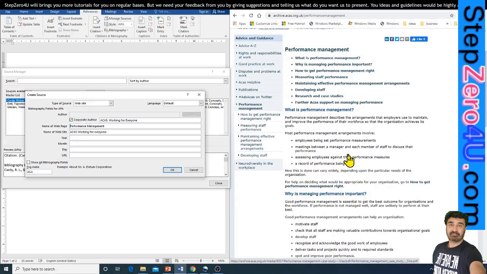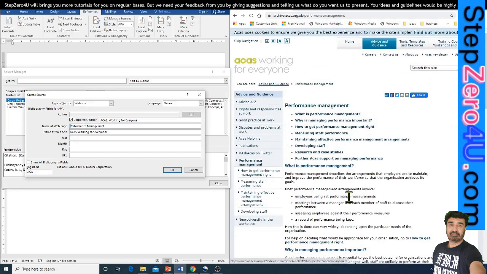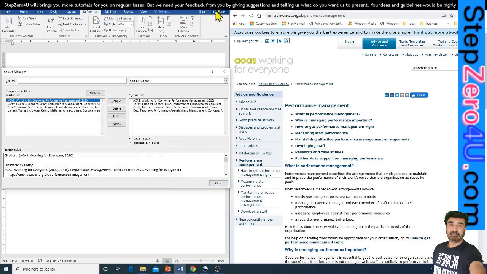Then year, we don't see any year, so we will put the current date. Then the URL, copy URL, paste it here, and OK. So we have entered the second source information.